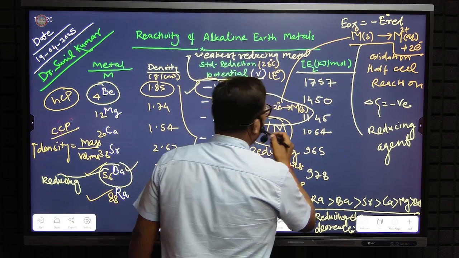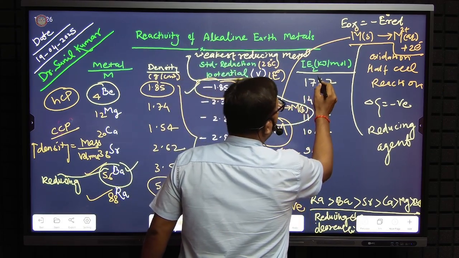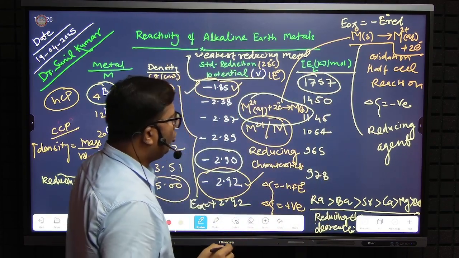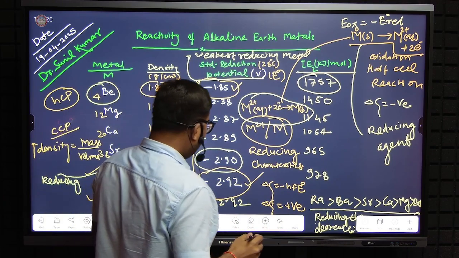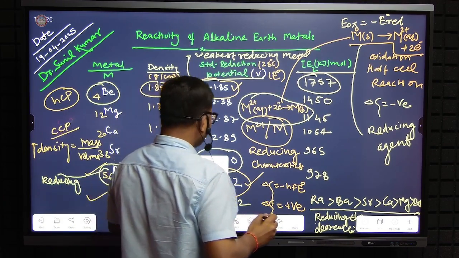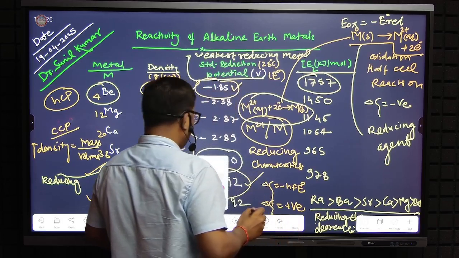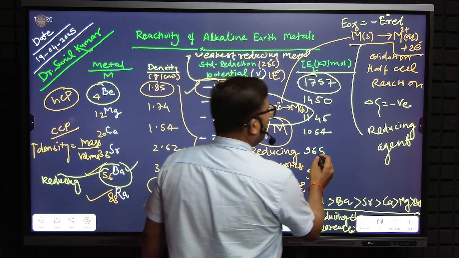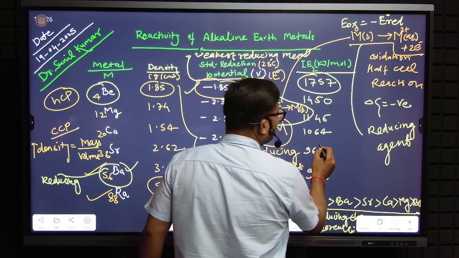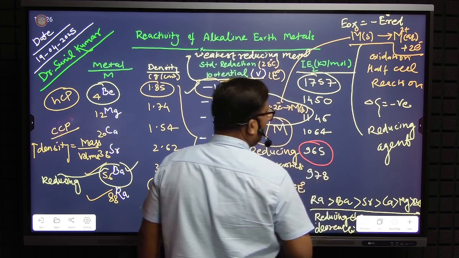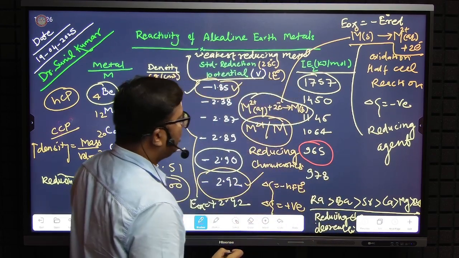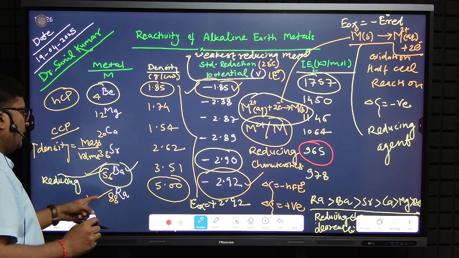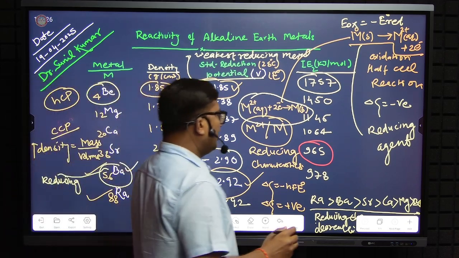Suppose for beryllium, there is 1757 kilojoule per mole. But in case of barium, it is 965 kilojoule per mole, and again a little increase in radium, that is actually